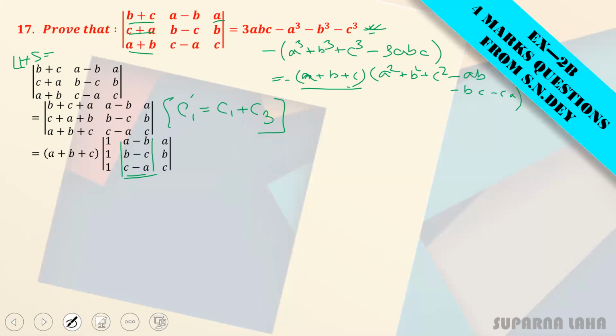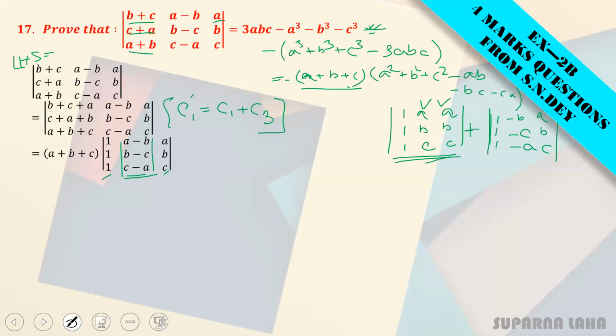That is written as a sum of two terms. And this column is 1, 1, 1, and this column is A, B, C. So I can write this thing as the determinant of 1, 1, 1, and then A, B, C, again A, B, C, plus the determinant of 1, 1, 1, then minus B, minus C, minus A, B, C. Now since these two columns are identical, according to the property, this determinant value is 0. Since if two rows or two columns are identical, the determinant value is 0.